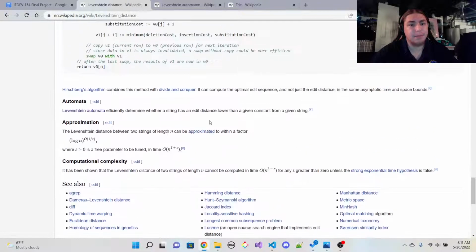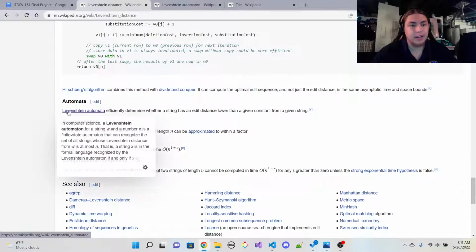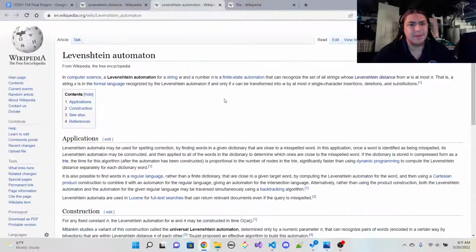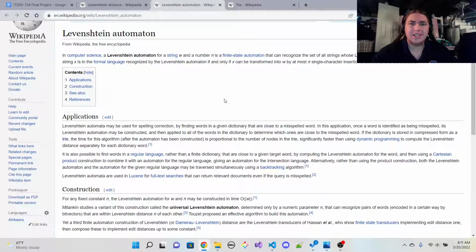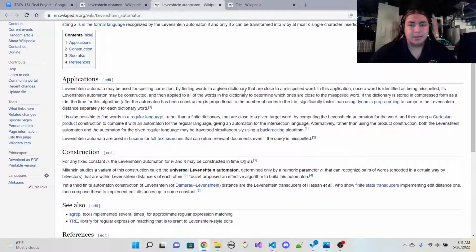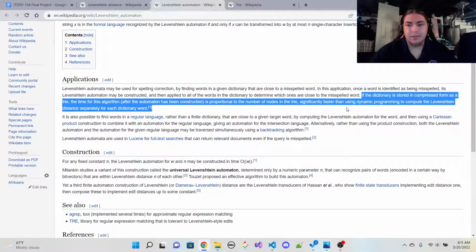So I tried to look up ways I could do it more efficiently, like for instance with Levenshtein automata. Trouble is, I don't understand Levenshtein automata in the slightest. And when I tried to look up ways that people have implemented them before, all of the simple implementations were not very good, and all of the good ones were not very simple. So no luck there. But I did see this sentence right here in the Wikipedia article for it, which helped